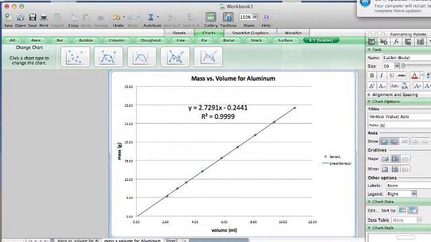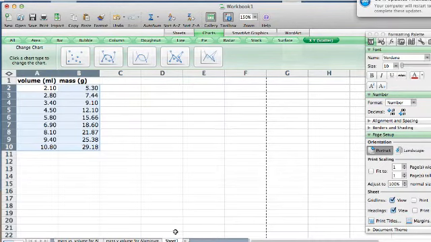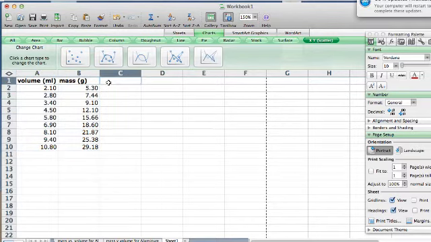Now we can do also an analysis just with the numerical data. So if we click on the tab for the sheet, we bring our volume and mass data back up here. And I can make a new column for density in grams per milliliter. And I can do something really cool with Excel, and that is add a lot of mathematical functions. I want to divide my mass by my volume for each of these cells. If I click on the cell where I want that density to be calculated,